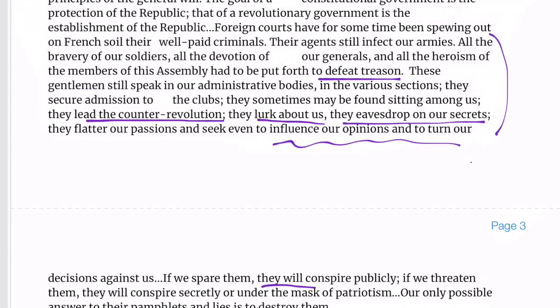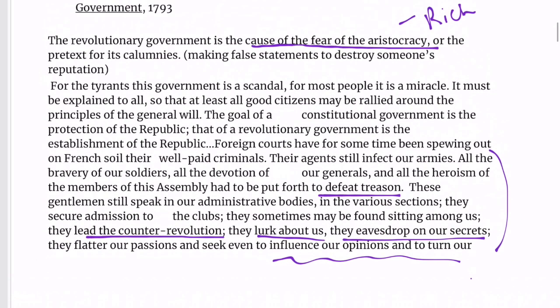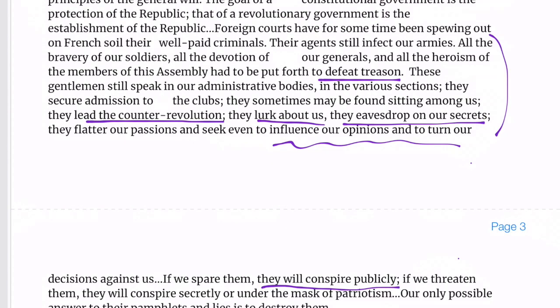They conspire publicly. So what is he trying to do here? What is the purpose of what he's writing about? We know from our knowledge of world history that Robespierre led what was called the Reign of Terror, right? I would put down beside this justification for the Reign of Terror because basically he's trying to question whether or not revolutionaries can all be trusted. Are there some that conspire publicly against us? There might be.